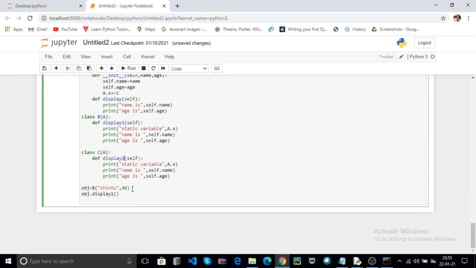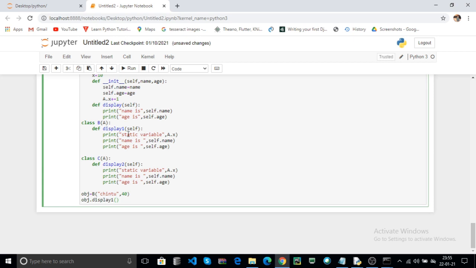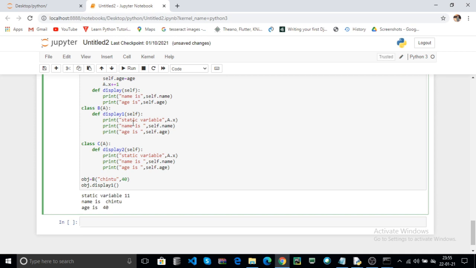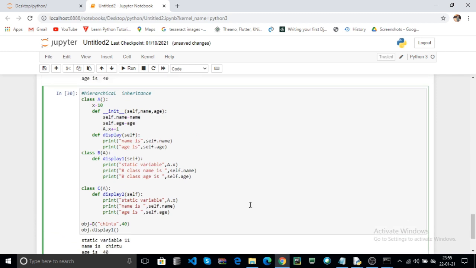Here this is the object. Now click on the run. Here it returns, for example, B class name, A class name, A class age.